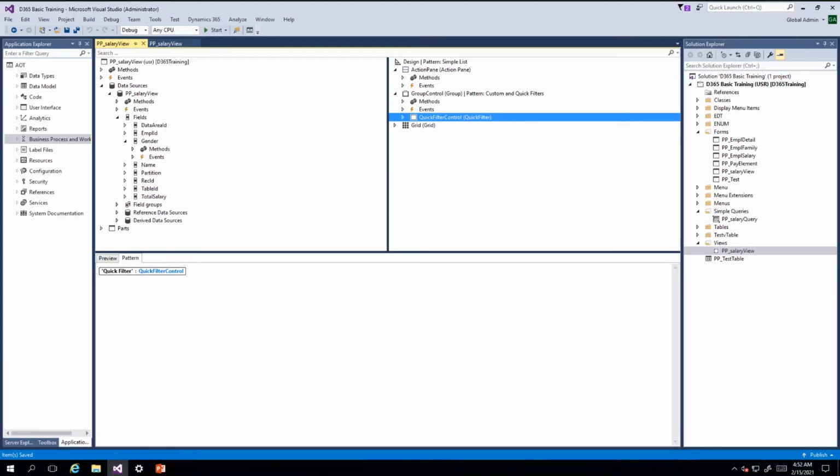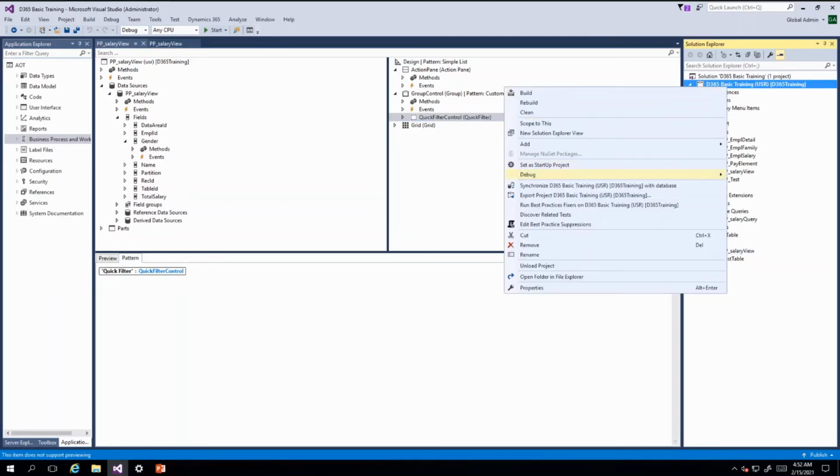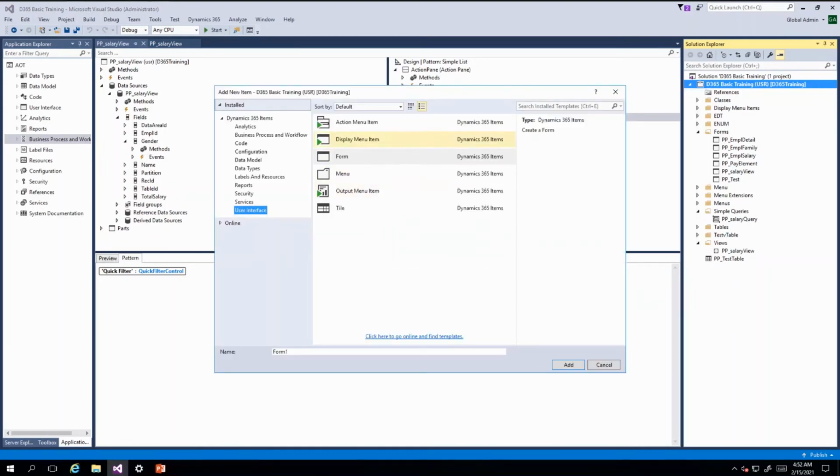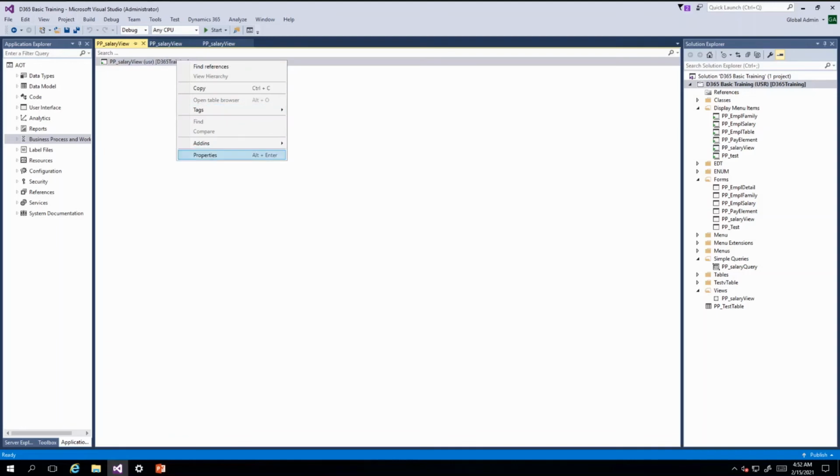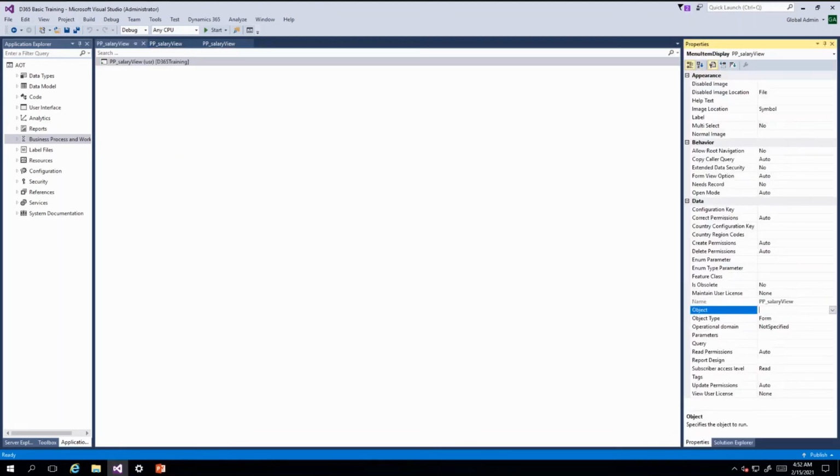Then I will add that menu item to the menu. Now I will give the label also.